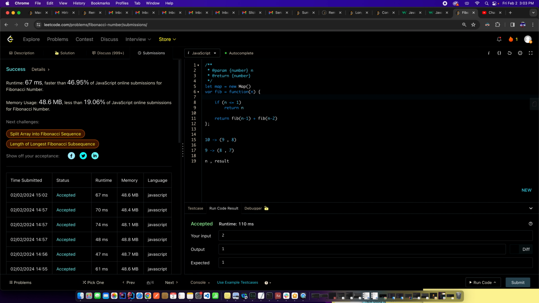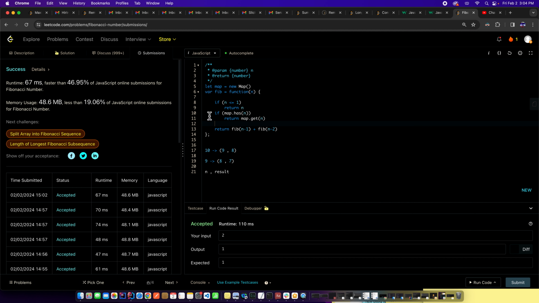And so here we're going to check if map has n, then we just return map.get(n). Basically what this is saying is that if it's in the map, then instead of calling this return, we just return this value because we already know. So this serves as an else here, because after the return, we're done. So before we return the values here, we should store them in some temporary variable. So let's say let temp equals to,